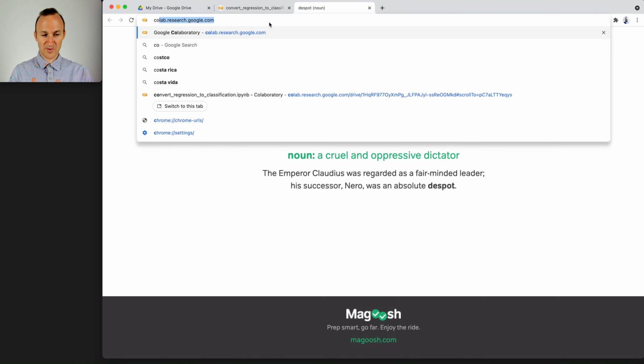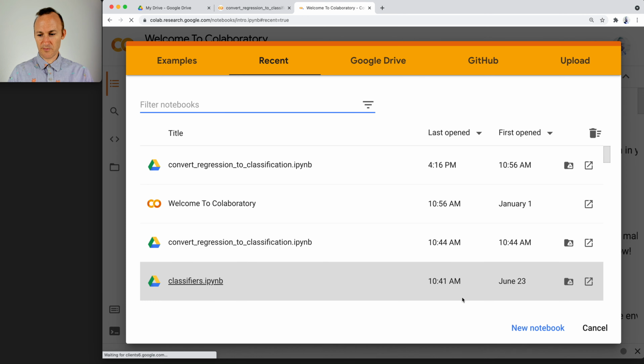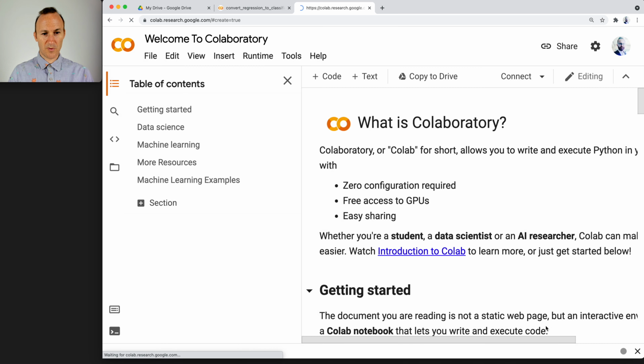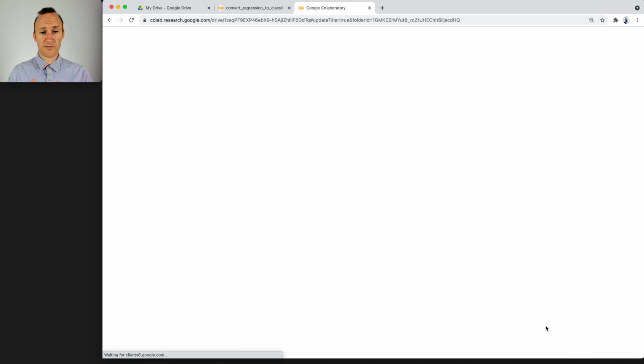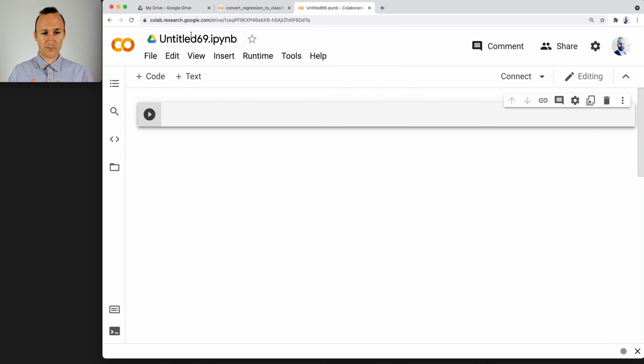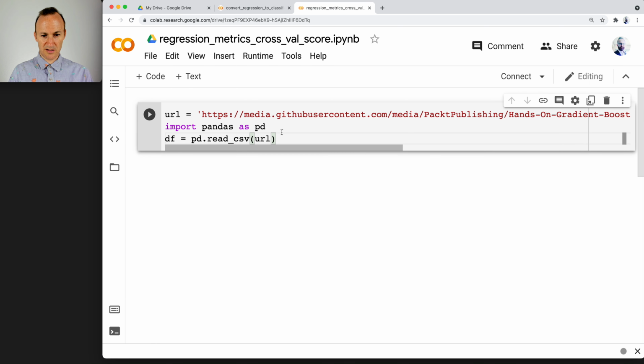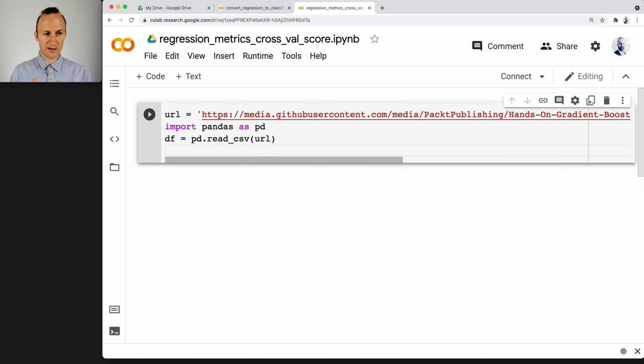Okay, so open up a new Colab notebook. And let's call this one, let's call it maybe regression metrics in cross-val score. Okay, and we've got to put the bike rentals data set in there. And then I'm just going to go ahead and divide it up into X and Y. This one's already ready to go, so I can say